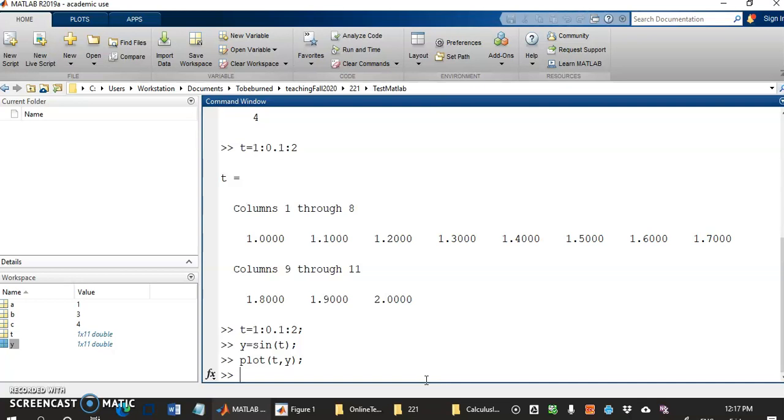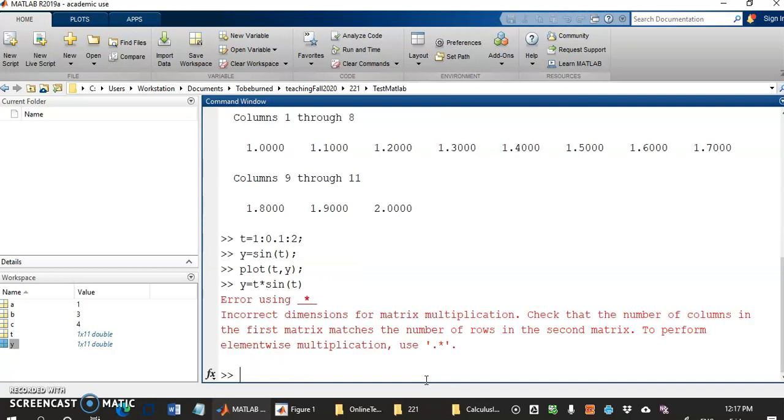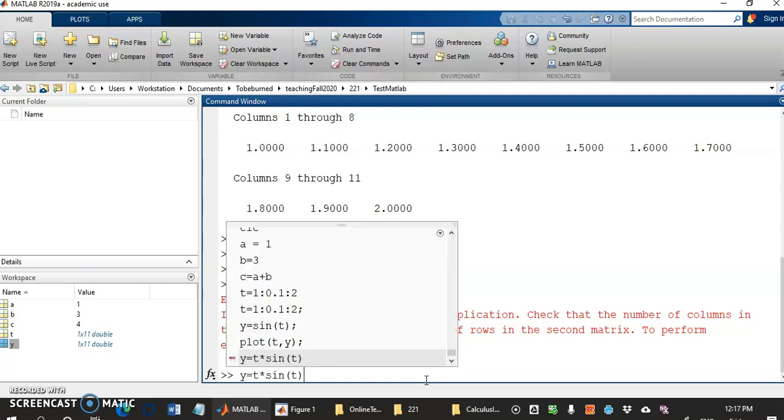So for example, suppose we want to plot the function y equals t times sine t. Let's type y equals t times sine of t and see what happens. An error message appears, right? It says incorrect dimensions for matrix multiplication. So instead of this,